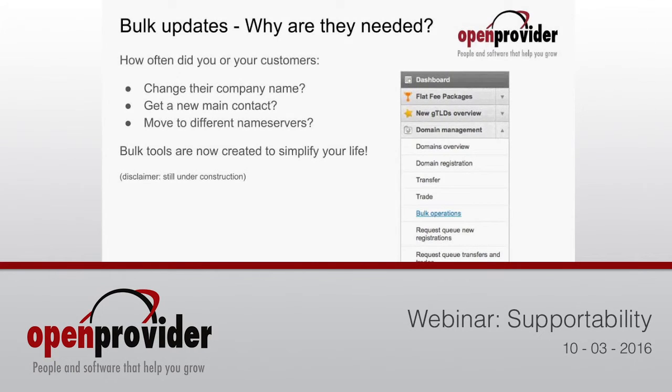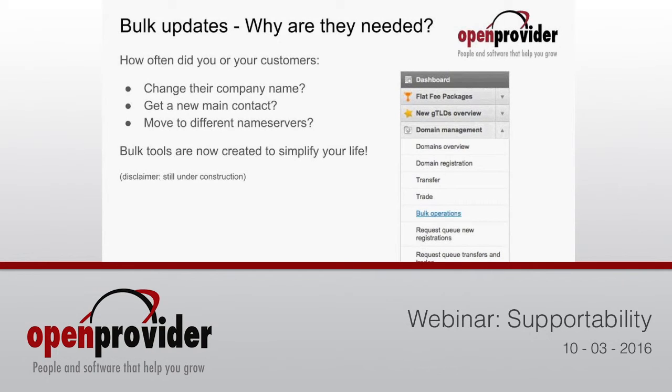Another thing is bulk updates. We have our API. The API is strong and you can do quite a lot with it, but you need to be able to code. And you're not going to code every single change. But we see quite often that people change their company name, or someone gets fired or takes another job and someone new becomes the main contact, or you migrate all your name servers, or one of your customers goes to Office 365. For this, you need to either create a PHP script or any other language, or contact support, so we change it for you, but usually we charge money for the hours we take. Both of these are not ideal.